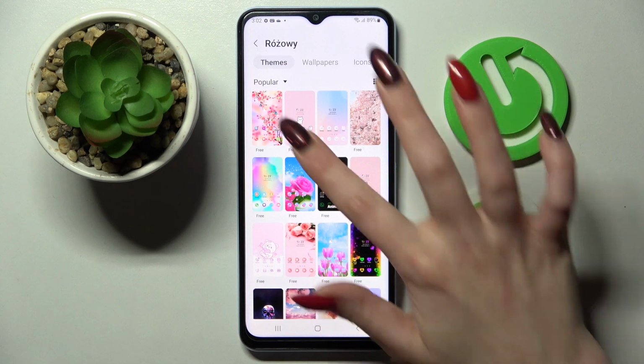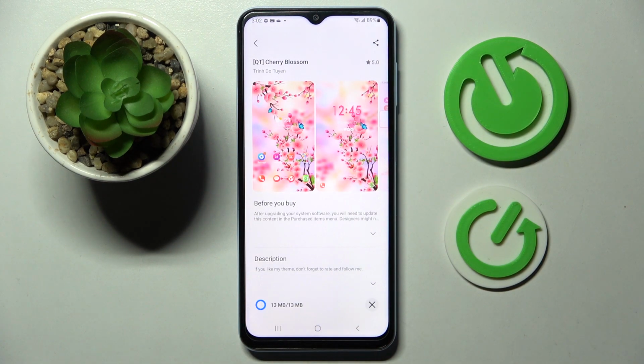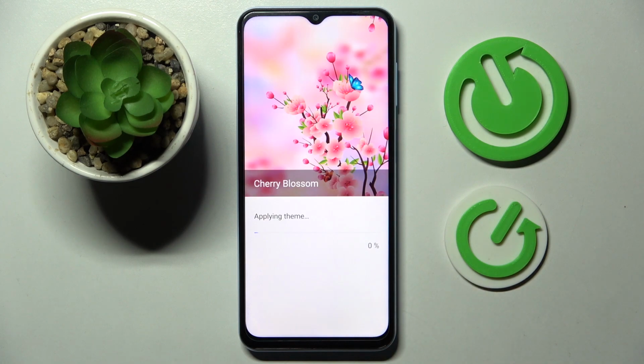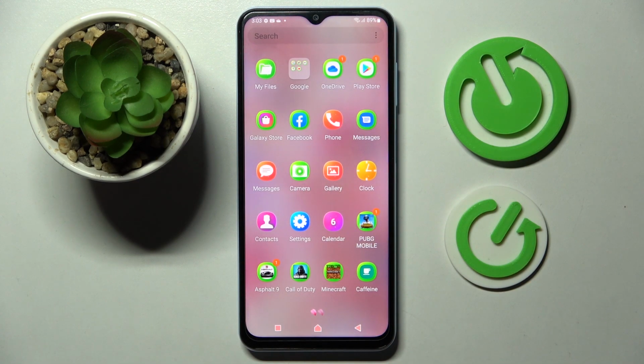I will go with that one and click on download. Now select apply and wait. As you can see, theme of my smartphone has changed, but you can always go back into the default one